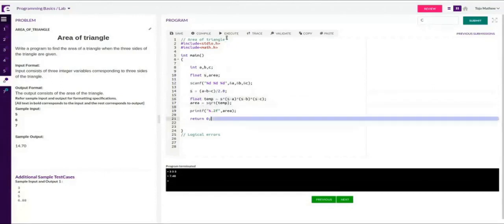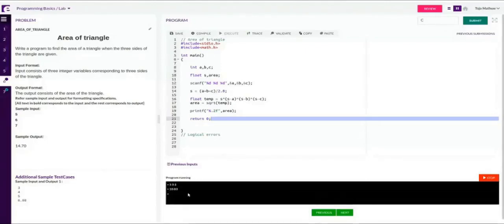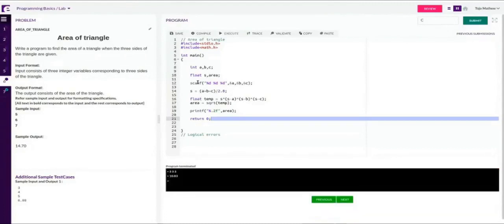Now if I execute it, I give 5. Can we also do float a comma b comma c? Now the problem is that the input, we can do that, but here it says input is integer variables. Yes, sir. Okay, so the problem specification you have to stick to.